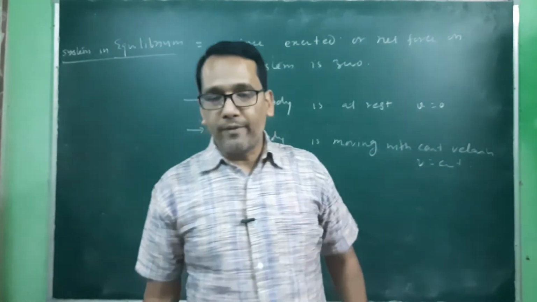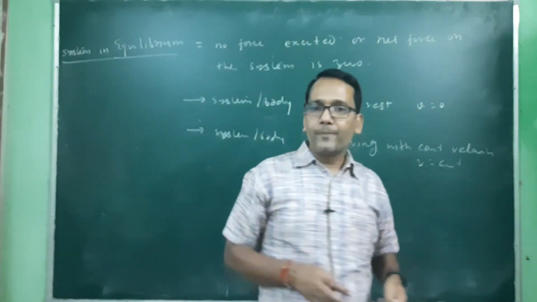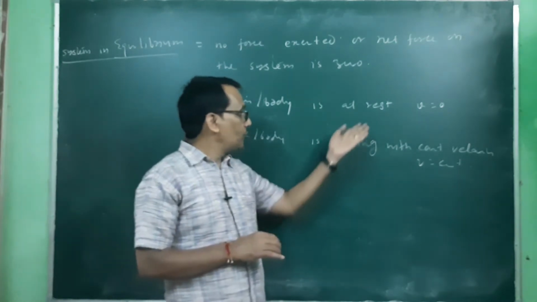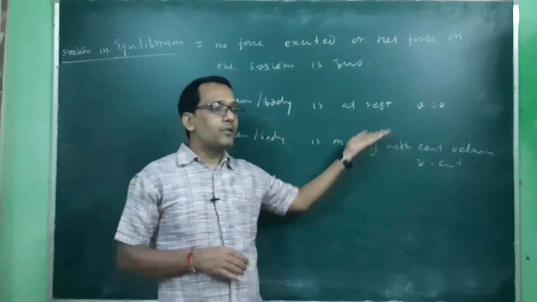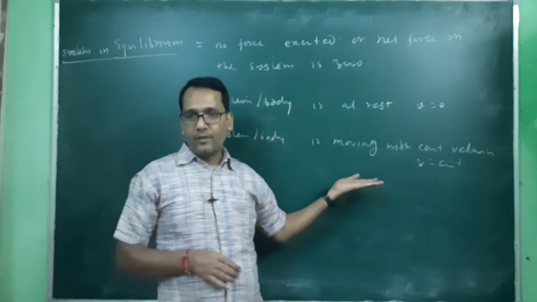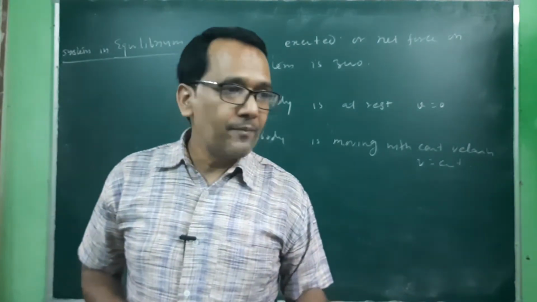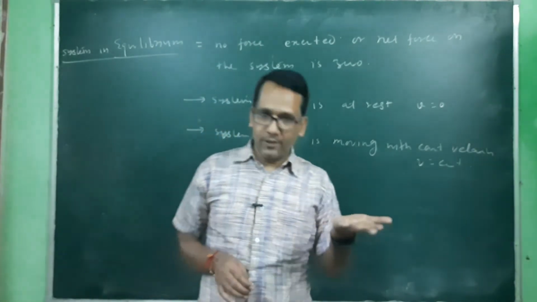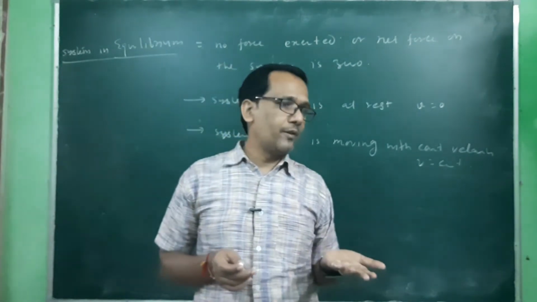So force is a vector quantity. It has magnitude as well as a direction. So these two terms, this velocity is zero or this velocity is constant, are controlled by both magnitude as well as the direction. Many times we say that motion is controlled by force. Many times that motion may be in the direction of the force, may be opposite to that force, may be different from the direction of force.